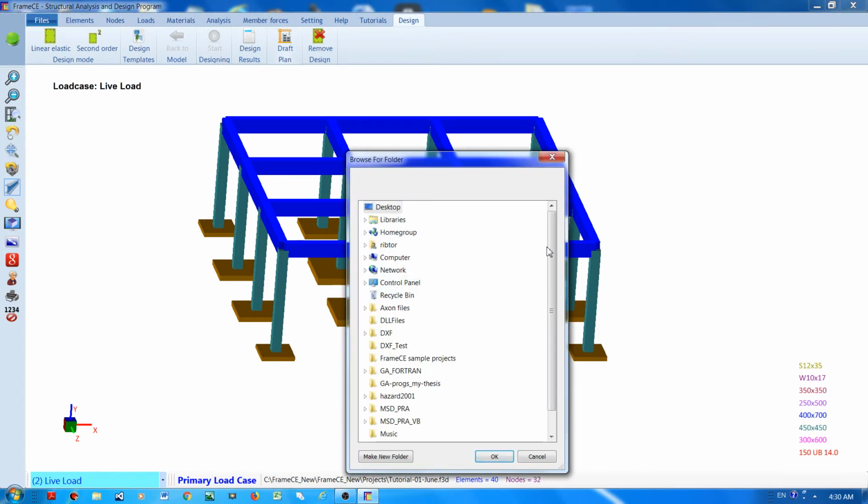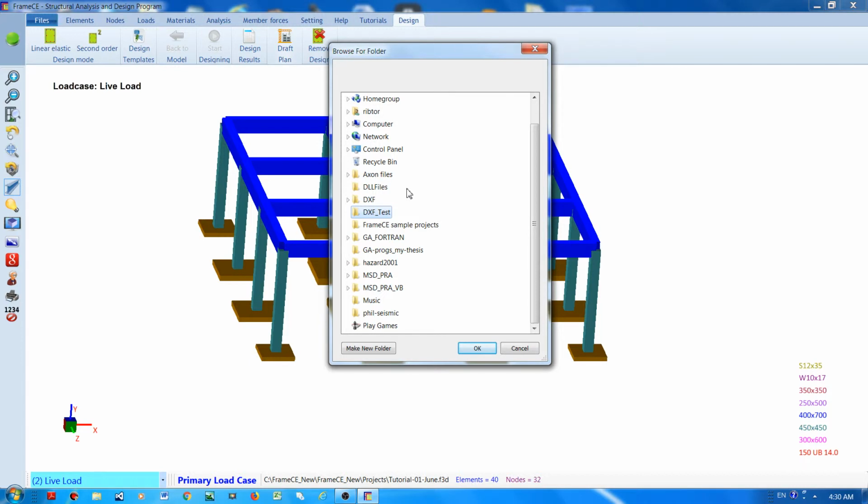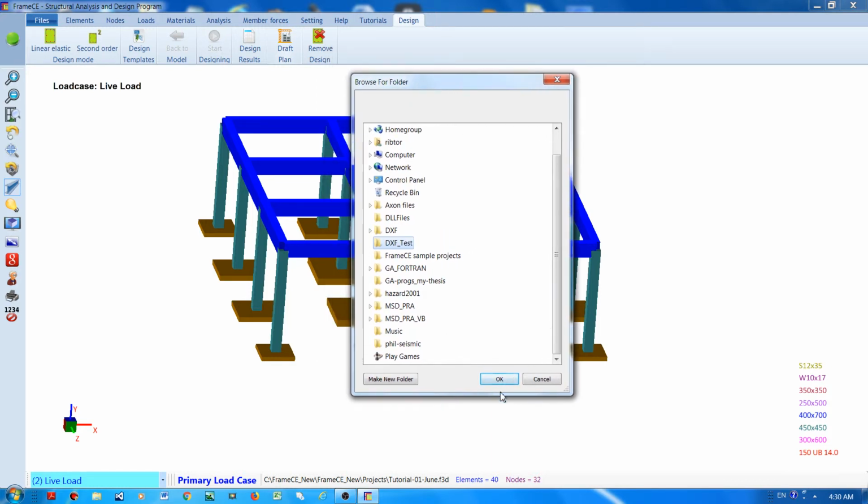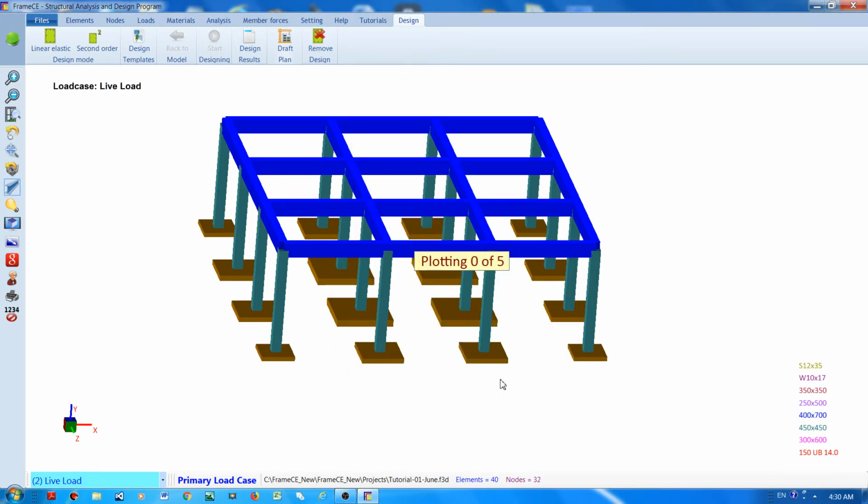Okay, and then I will choose the folder where to save the structural design plan, and I don't need to give the file names, because the file name of the project will be used with an extension depending on what the plan is all about. I'll click OK button,